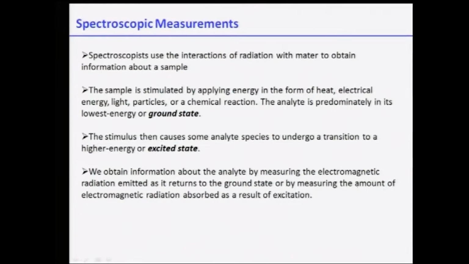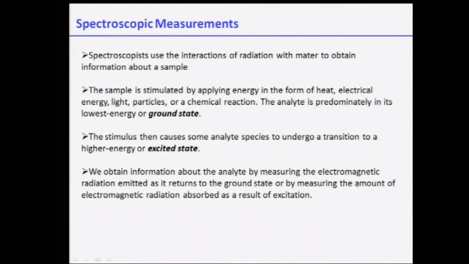So we can measure the radiation emitted as the material comes back, and by measuring the amount of electromagnetic radiation and also the type of radiation coming out, we can get a lot of information about the material. So that, in a nutshell, is a very simple way of describing what any spectroscopist does